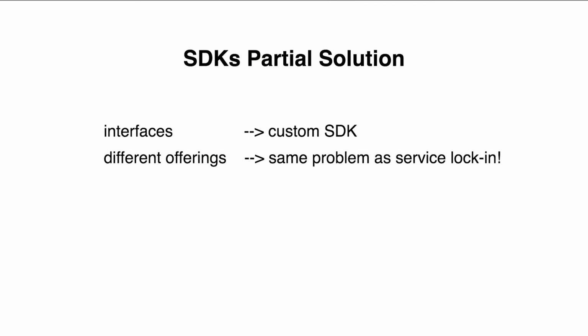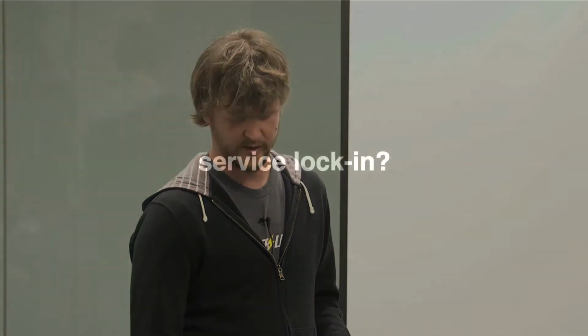For the interfaces issue, for common types of functionality like function invocation, if you want to invoke a function within the provider, we can offer an SDK that would allow you to correctly invoke against the correct SDK. So we can handle that conversion. But again, with different offerings, this is really the same problem as service lock-in. We're depending upon a third-party service, or a hosted or managed service, that the provider is offering. Again, that's the same problem in this scenario. So the question is, what do we do about service lock-in?